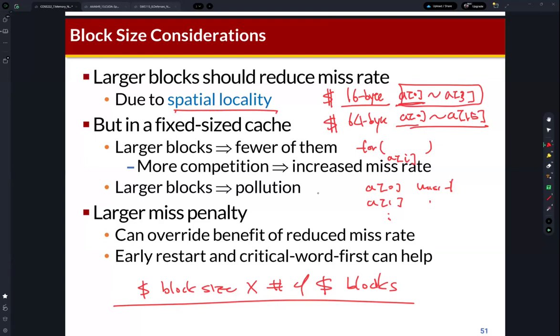But if the cache size is fixed, for example, the cache size is 1 kilobyte, and if we use 16 byte cache blocks, then this cache will include how many? 64, right? 64 blocks,